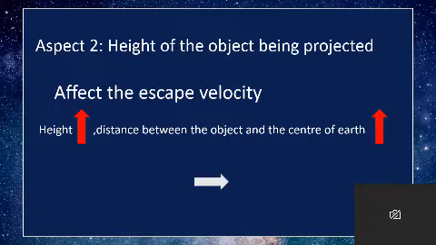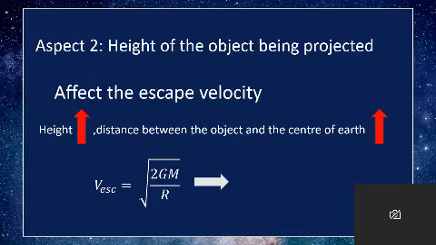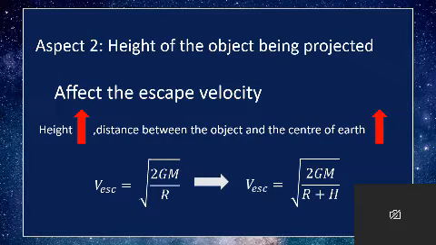Now let's move on to the second aspect, which is the height of the object being projected. As our formula will be affected and the radius between the rocket and Earth will increase, here you can see, slight difference in denominator decreases the final value of escape velocity. For next one,